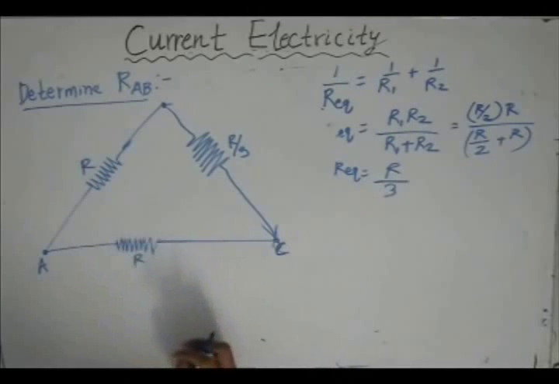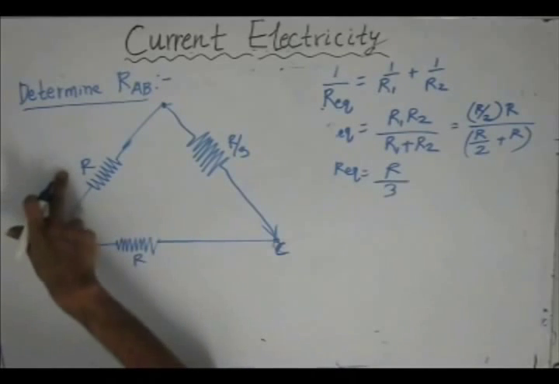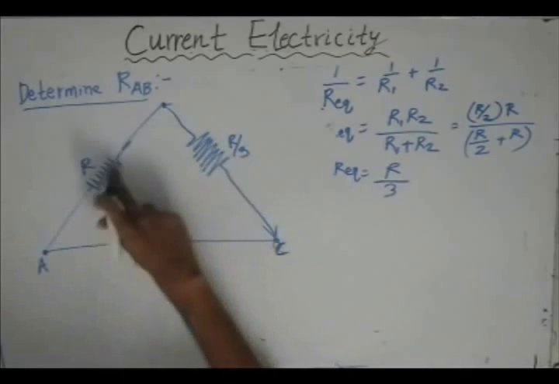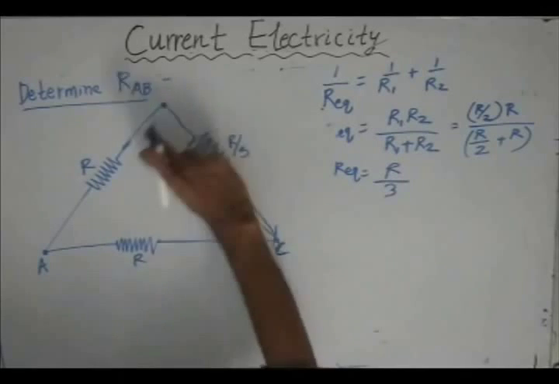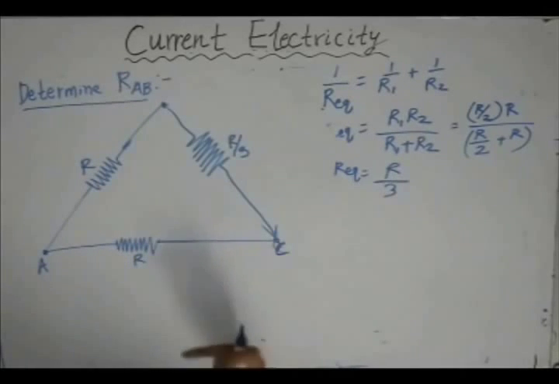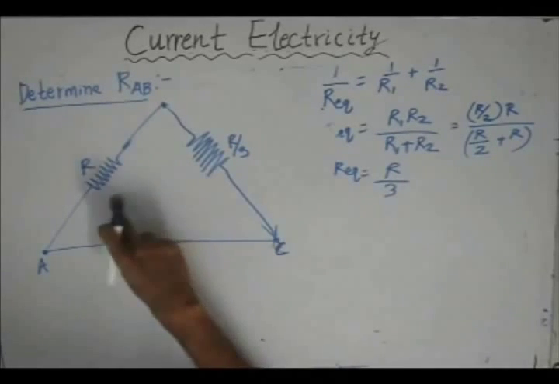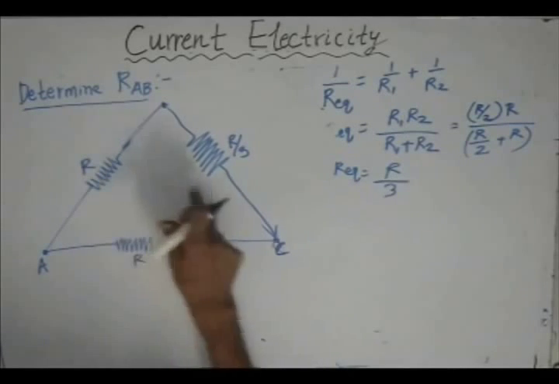We can see from here that in this circuit, we are now left with two resistors, R and R by 3, which are connected in series, since the current in both these branches is the same. So they are said to be in series. So after applying the formula for series